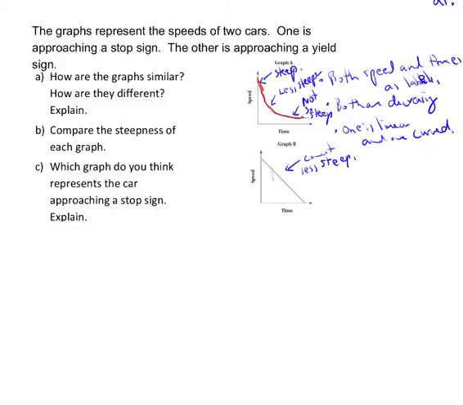But then what happens if you're stopping at a stop sign? Here, notice your speed. The speed is still going. So if you were right here at the stop sign, what would happen? You would still be going through the stop sign. And the police would not like that at all. So if you're at a stop sign, you have to stop. So if we take a look at the second graph,